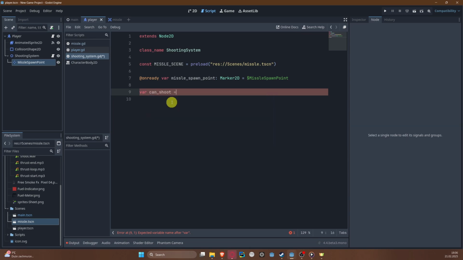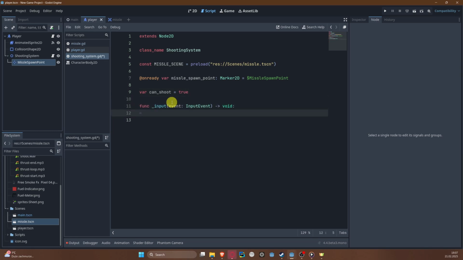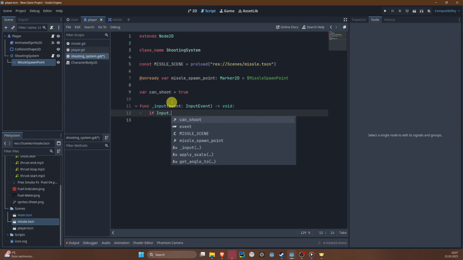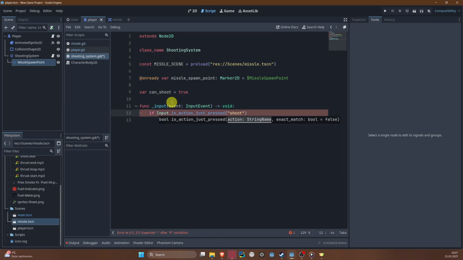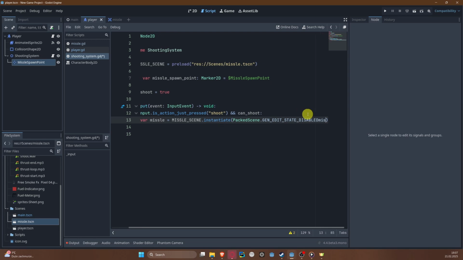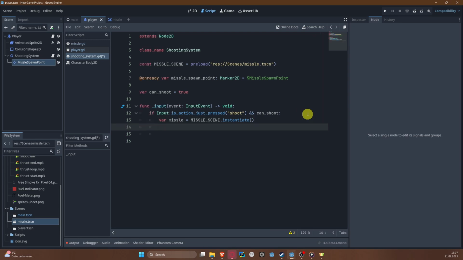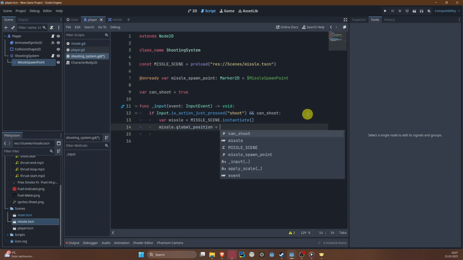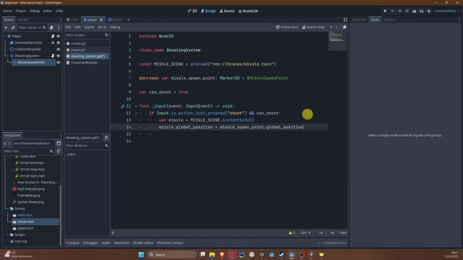So can_shoot is equal to true. Then let's use the input event to check whether we can actually spawn the missile. Is action just pressed? Let's find the shoot action and can_shoot. And now what we need is the new missile scene, and we need a colon here. Missile is equal to missile_scene.instantiate. We need to set its global position to the missile spawn point's global position. We need to add it to our node tree, so get_tree().root.add_child(missile),